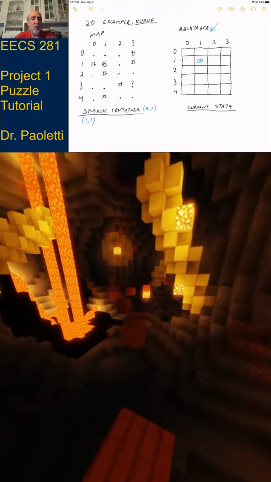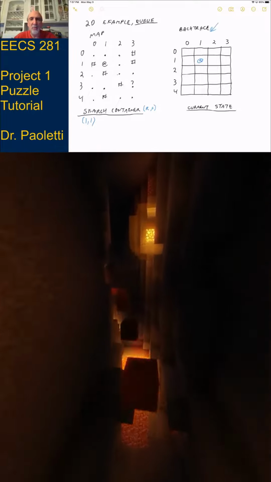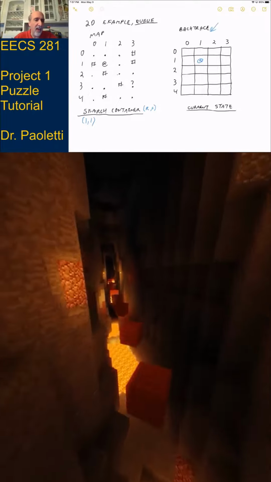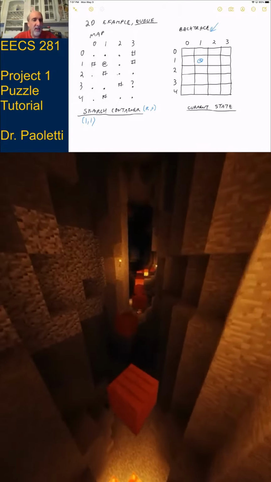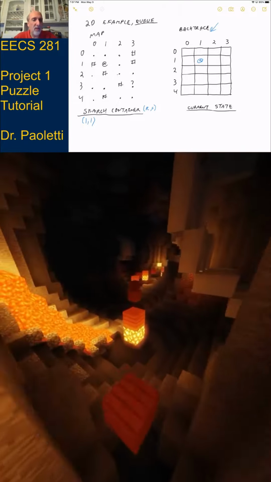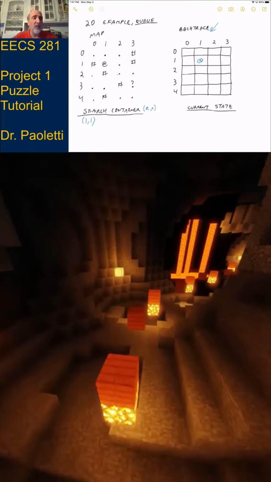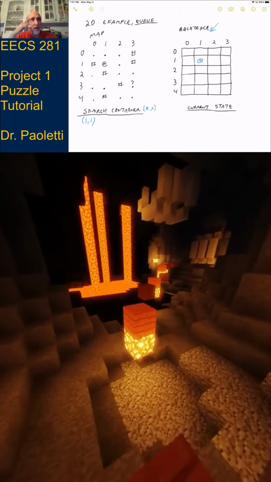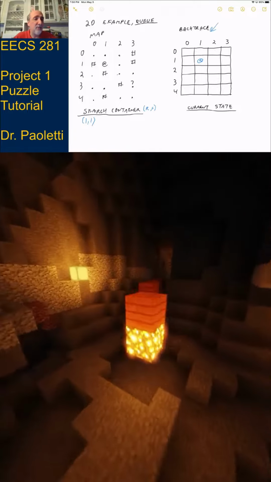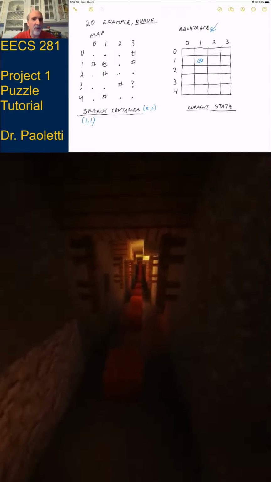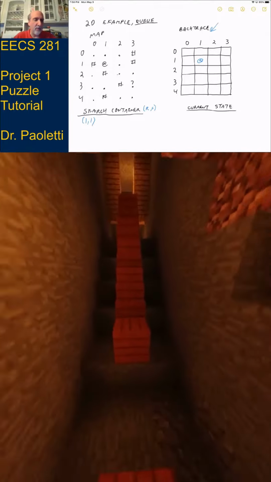Now, here's where we get into the part of the project spec, which, and I should have looked this up ahead of time, is referred to as the algorithm. So this is where we're running the algorithm. We already did steps 1 and 2, and now we're getting to step 3, is we're going to loop while that search container is not empty. Think of the search container as the places that I know I still have to investigate. We're going to get to that word investigate in a minute. It's a list of places I know I still have to investigate.